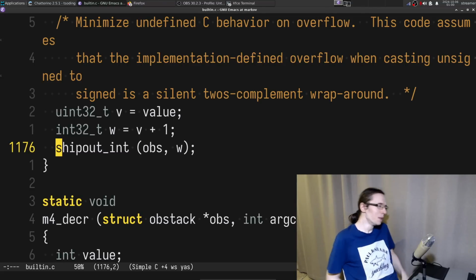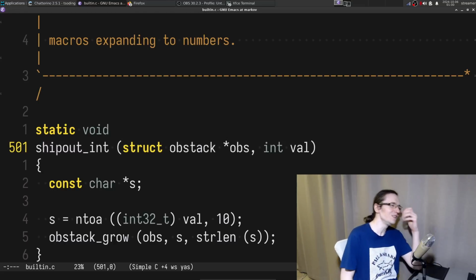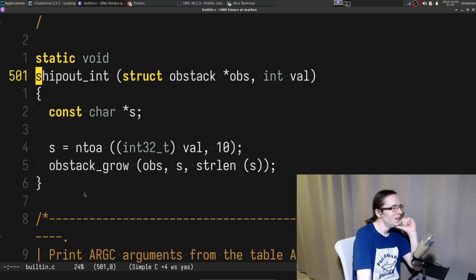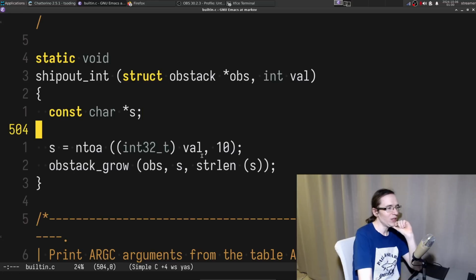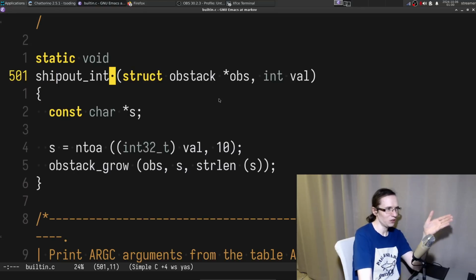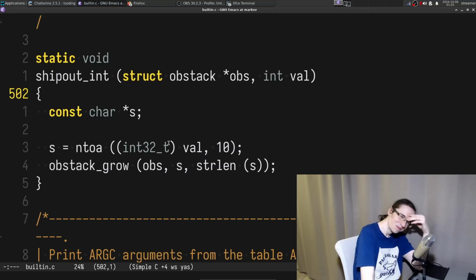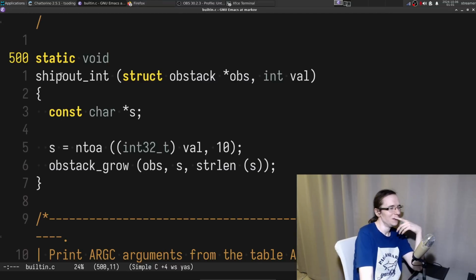Wait, why isn't it called shit out? Obstack. Obstack is probably where you put things. Okay, so it's an object stack. I see.